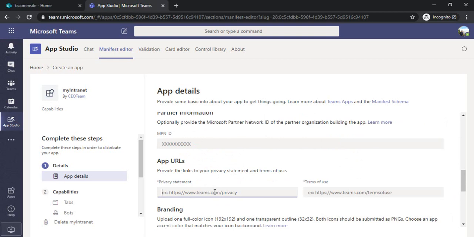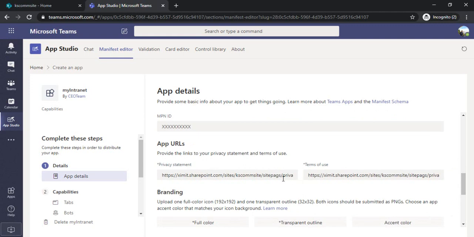In the privacy statement it's expecting one page where you can display the privacy for this app. For timing I can just paste that same URL and have the site pages, let's say privacy.aspx. It's not mandatory, but still we are giving it.